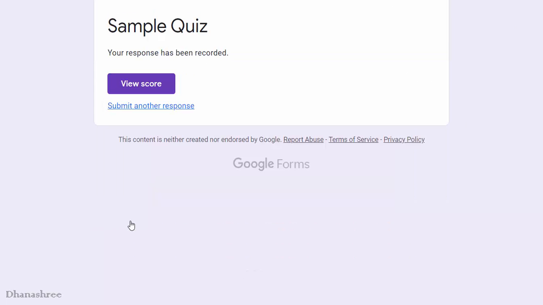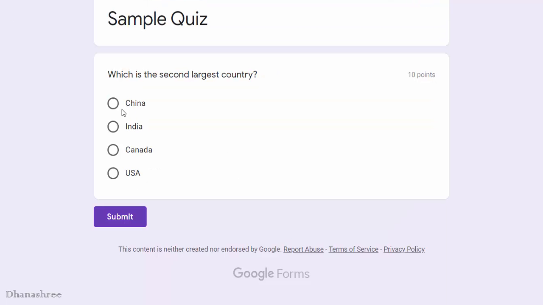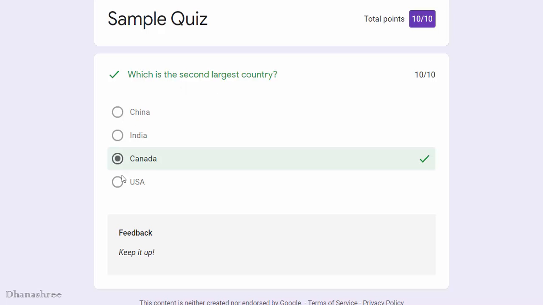And when I say submit, then it shows me right answer is Canada and explanation. If I would have given right answer, then it will just say keep it up. And my score is 10.